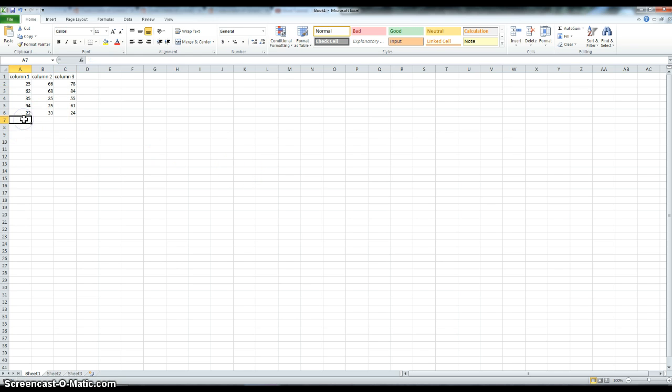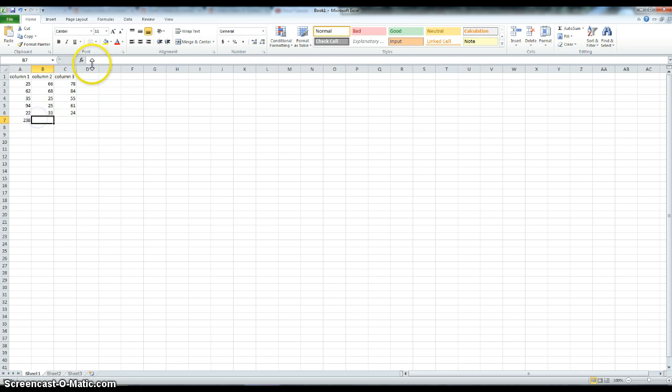I have 3 columns here, and the first thing we want to do is get a sum of this first column. And you can do that in 2 ways. The first way is over here on the Home tab. There's an auto sum icon. If I click on that, very simple. It just collects all of the numbers right above it, and if I press enter, it will give me a